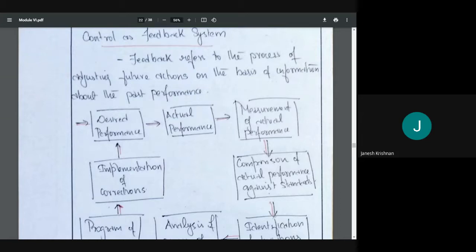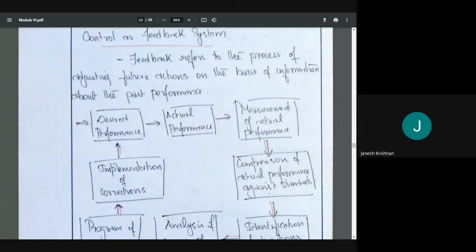Right. So in the previous class, we were discussing controlling, the last managerial function. That means we are making sure that we are up to the standard, that we are going in the right path, that we are going to achieve our objective, or going as per our plan. That's what controlling basically does. We have a set standard, then we see what our actual performance is. We compare them and find out whether there is any deviation or not. If there is a deviation, we analyze and find out the reason for it, and finally we take corrective steps. So that's what controlling is.